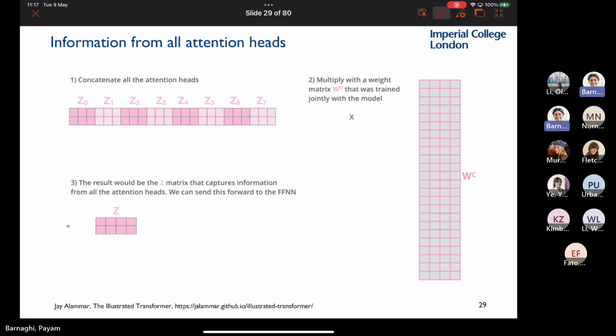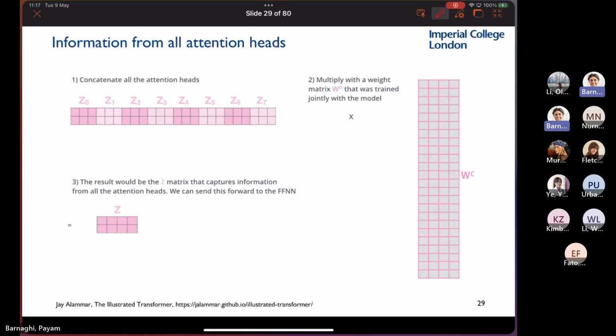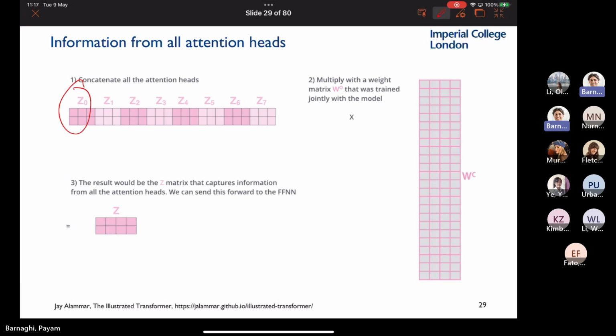Again, to simplify, if you have multiple heads, what the designers of the attention model did was say: just concatenate them, put them on top of each other. Don't make it more complex than it is. If you had 7 heads and each of them generated a Z, just put them on top of each other. Now each of the heads creates an output, and you just put them together, concatenate them. This makes sense. At least for this part, it's an easy solution.